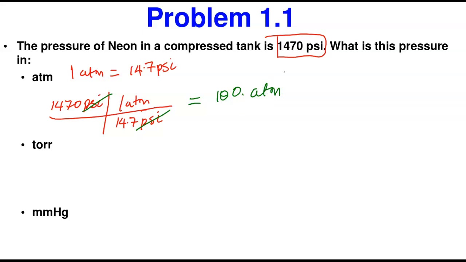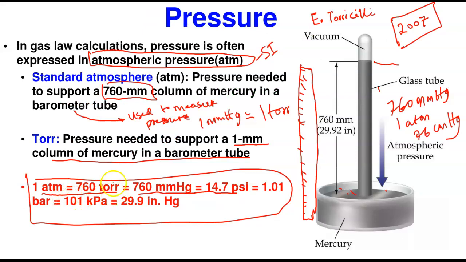On the second one, we continue working. On the second one, what do we do? It says we're still going to convert this to this. So I'm going to make it a 3 conversion cycle, just to remind you of the conversions we did earlier. Now we know that 1 atm is equivalent to 760 torr. The conversion factor will always be given to you in the exam. Just remember that it is this.